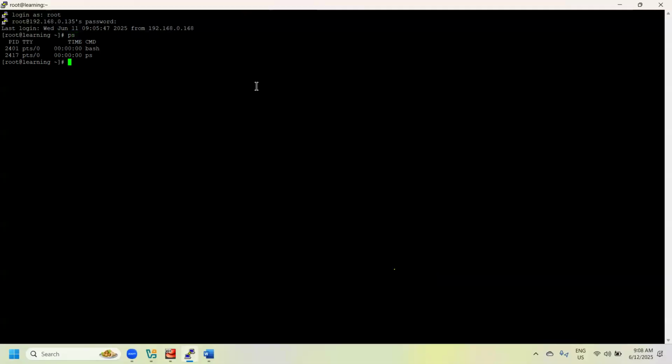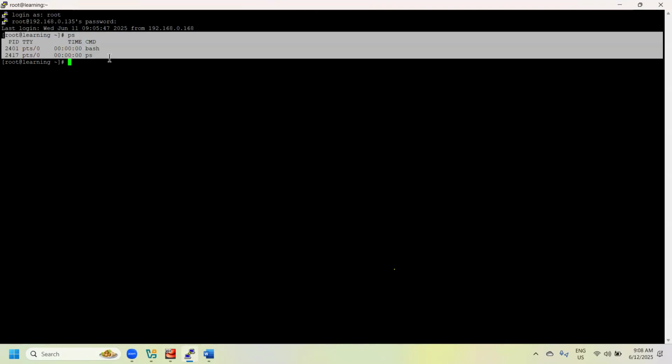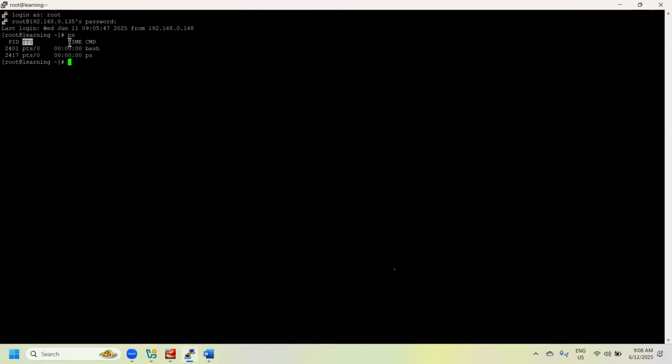For example, the ps command only shows the process details which are related to you in a short form: PID, terminal type and command. Whenever you run the ps command, it always shows two process IDs. One is the bash process ID. What do you mean by bash process ID? The process which is initiated to